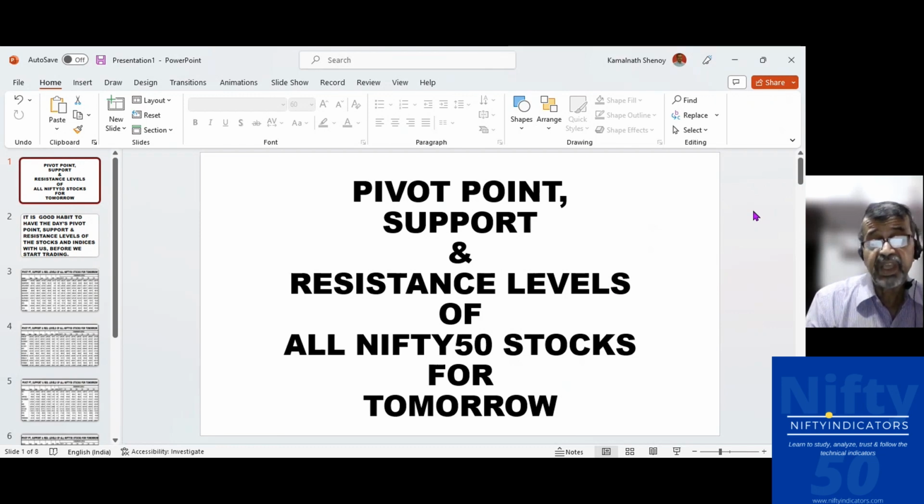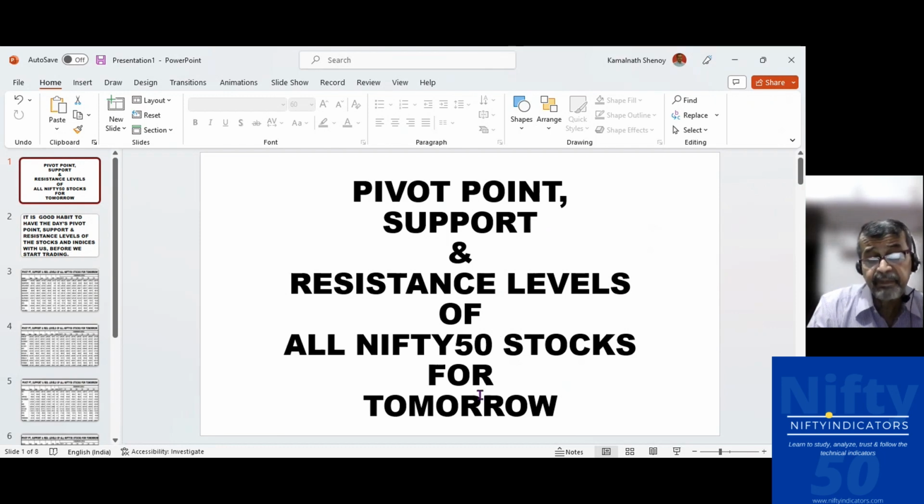That is what I'm presenting here today. How to use that? Okay, let me take a minute to explain that. You see, wherever the underlying opens, or wherever we are trying to take an entry, a level next to that should be used as a stop loss. That is, if we are going long, the one level below is the stop loss. If we are going short, one level above is the stop loss.